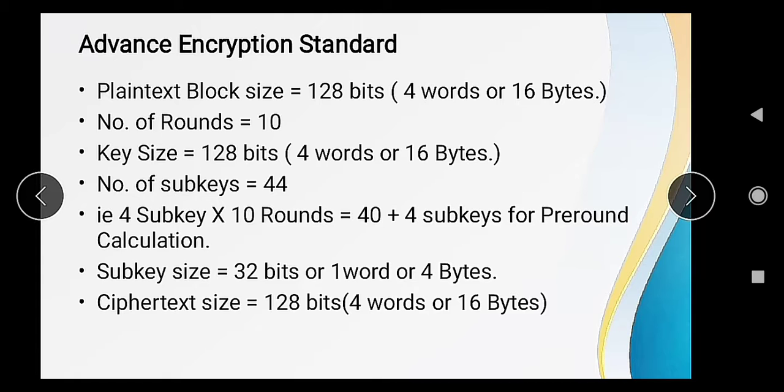The sub key size is again 32 bits, or 1 word, or 4 bytes, and the ciphertext size is 128 bits, 4 words, or 16 bytes. So this is the overview of AES encryption. Okay, so let's start with the process.